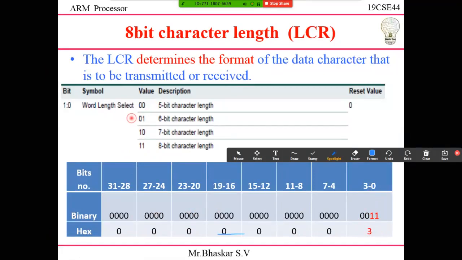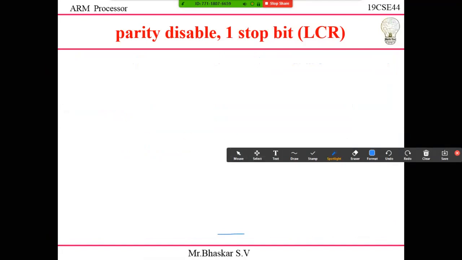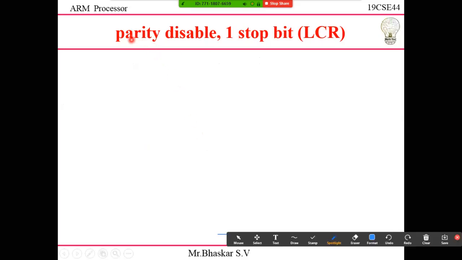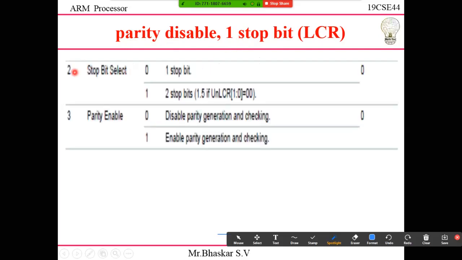Let's see on that. Okay, I need to send a parity bit and stop bit. One stop bit I need to transmit. Now to do this one, parity disable, I need to disable parity and I need to transmit one stop bit. Okay, now just see the stop bit, the second bit. 0 1 I'm going to use as in the previous case, next the second bit I'm going to use as the stop bit. If I make it 0, then it is one stop bit. So number of stop bits here, and if I make it 1, it is taken as two stop bits. So here I'm going to use one stop bit.